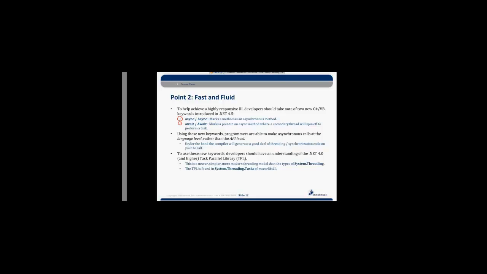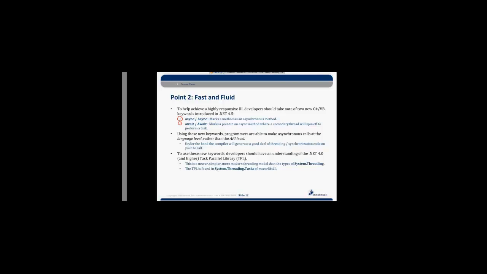Async and await. Two new keywords that are available in both C# and VB, which are really awesome. What Microsoft has basically done is they have introduced in these languages keywords to work with asynchronous calls. Now, working with asynchronous calls has always been, I would say, easier under .NET than other systems I've worked with.